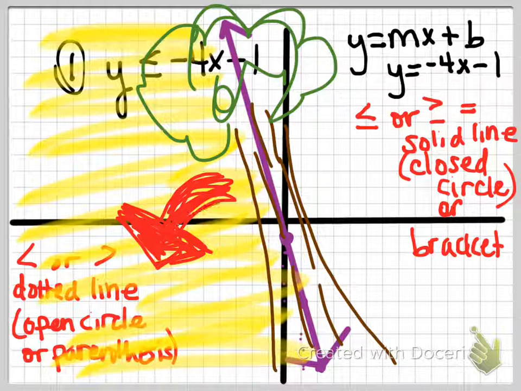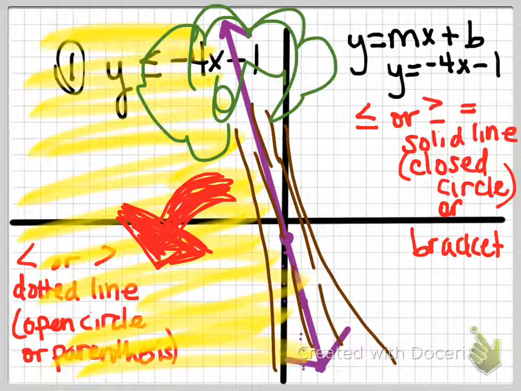So if you're having a hard time distinguishing on your line what is below or above, imagine it was a tree. Trees always fall down, and the path of the tree will show you what is less than that line or below. So let's look at the answer choices. There is only one choice that has a solid line, and that is D. However, the y-intercept does match. It crosses at -1, and it is shaded below. If you will look at answer choice C, it's shaded above. That would be a greater than. And if you look at answer choice A, that has a broken line, so that would not have the equal